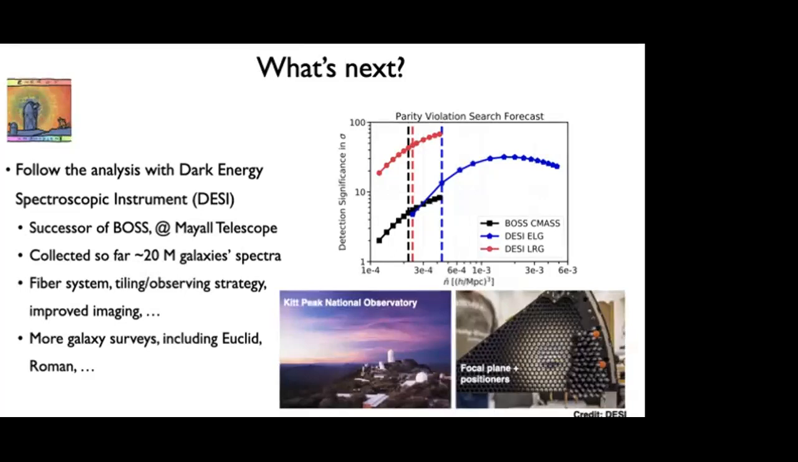Here we also made a forecast for the DESI parity violation search. Although this forecast is very ideal, the takeaway is that we should see a higher detection significance than BOSS if there were a real physics-induced signal. And in addition to DESI, there are also more galaxy surveys such as Euclid and also Roman. So this is going to be very exciting, and let's